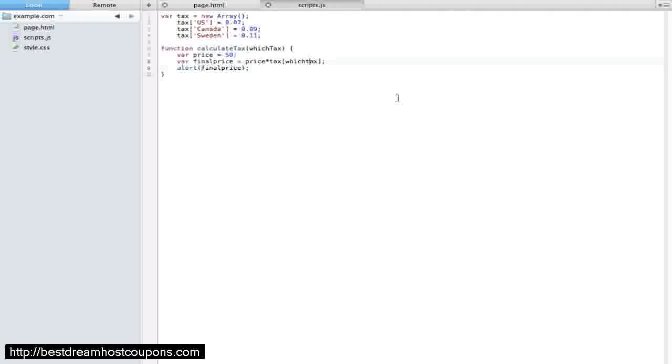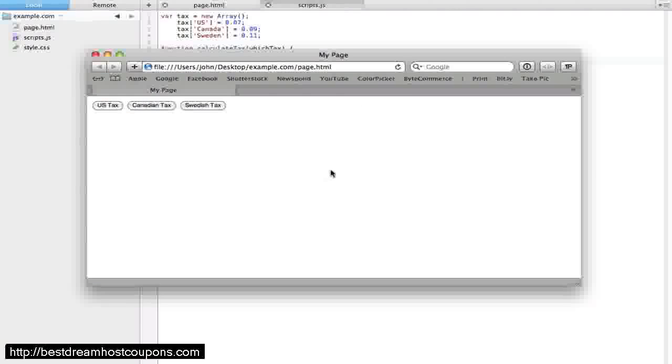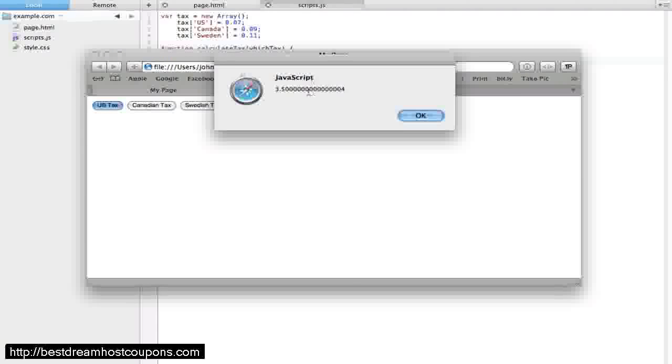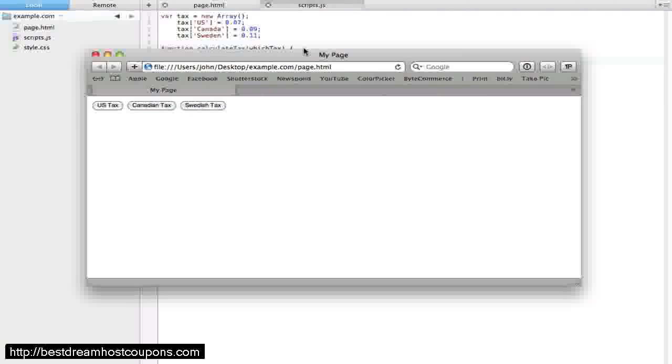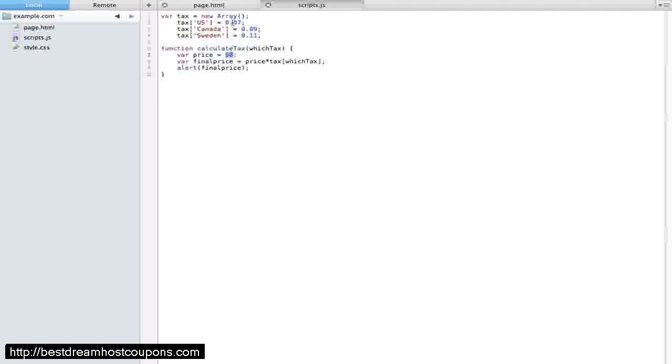I know this might seem a little confusing, but if you just take it step by step, you'll really see what's going on. And I just realized which tax up here has a capital T, so I have to do that down here as well. Like I've said, it's case sensitive, very important. But if we hit US tax, we get 3.5, just about. And Canadian is 4.5, and Swedish is 5.5. Basically, it just multiplied 50 times each of these numbers. So that's the way you can kind of use arrays